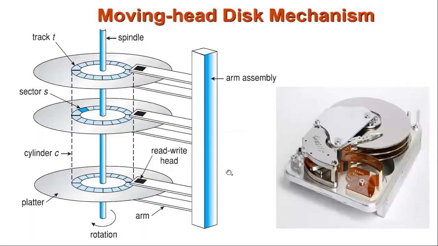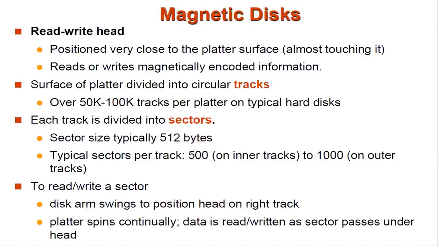This is another view. You have the track, spindle, sector, and then cylinder, platter, and then read-write head. Everything is there. And this is how you can see the internal hard disk more clearly here. This is actually the bus. You have the wires to connect with your hard disk, and the disk controller is also inbuilt. So the drive controller, or the disk controller, is there, and then you have your entire disk in this format.